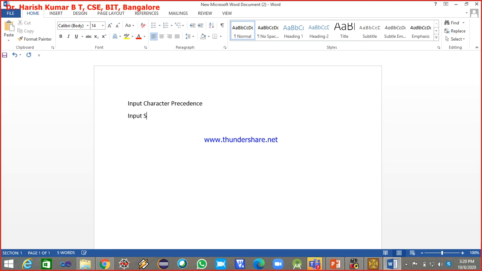the input stack precedence table. In short form I will be calling this ICP, input character precedence, and this ISP, input stack precedence. Have you understood? This is the input character precedence table, and this is the input stack precedence table.